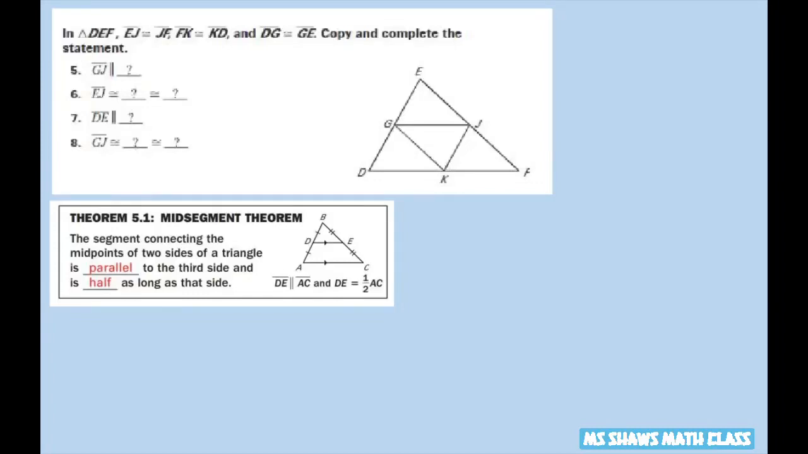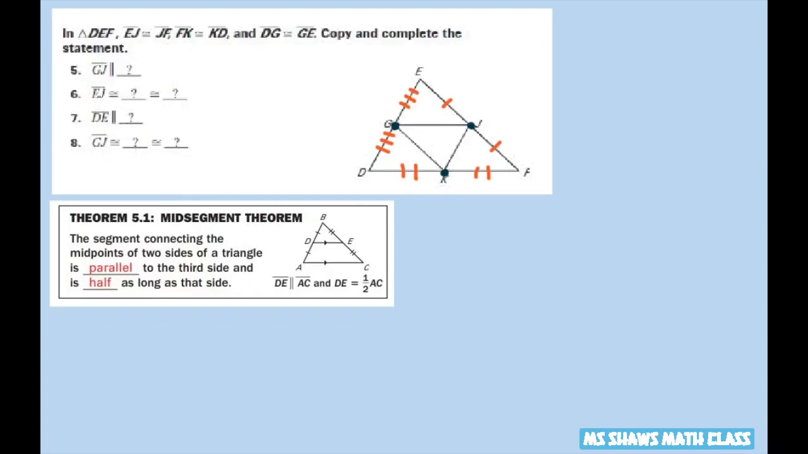Everyone, in triangle DEF, we have EJ is congruent to JF. We have FK is congruent to KF. And we have DG is congruent to line segment GE. So basically, since these two sides are congruent, all these sides are congruent, that means G, J, and K are